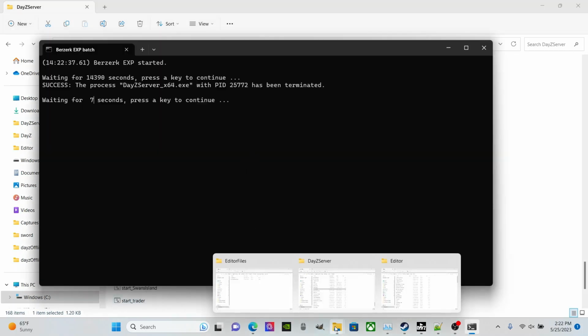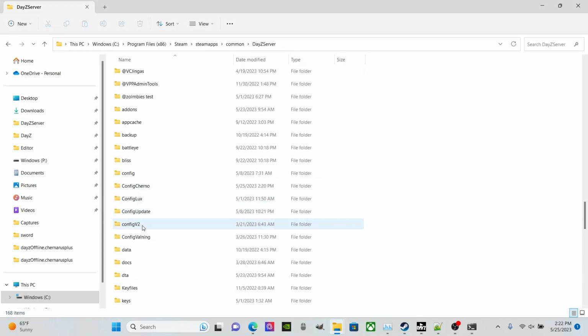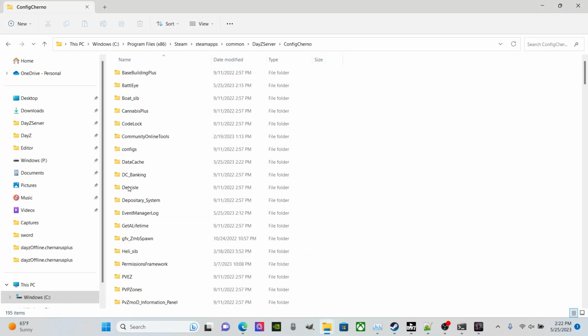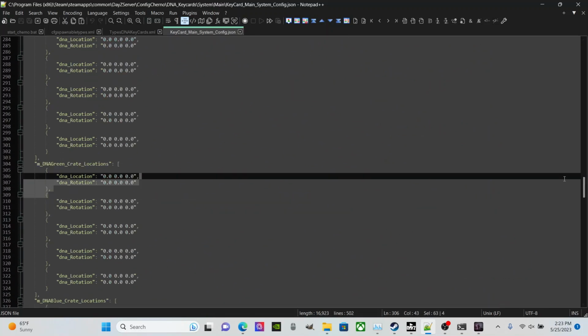And then I'm going to wait for the folders to generate, which would be in my profiles folder, aka config folder, or SC if you're using GTX. So it should show up here. It just showed up, so I have the 2 subfolders in there. And I'll go in the system and main, go in the main system config, and at the bottom is where